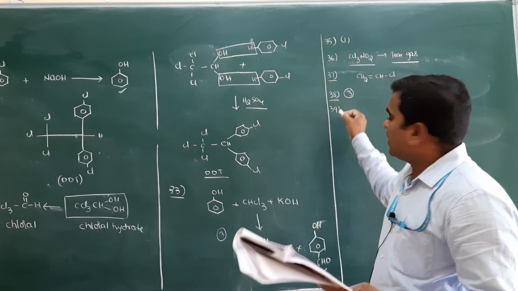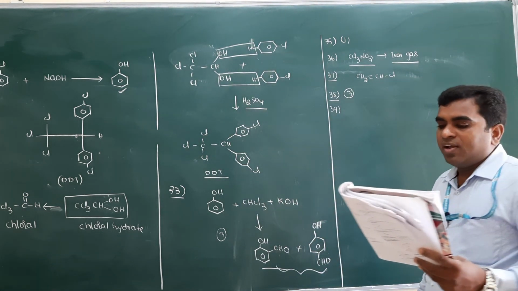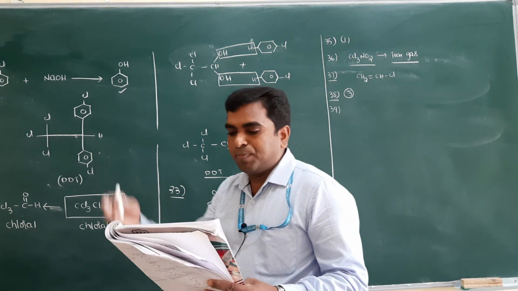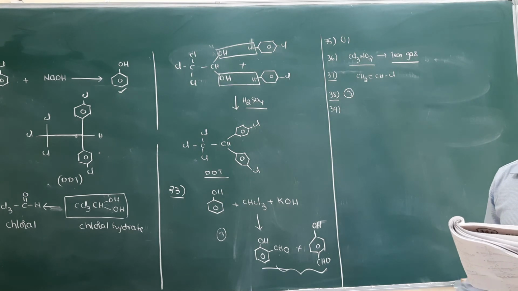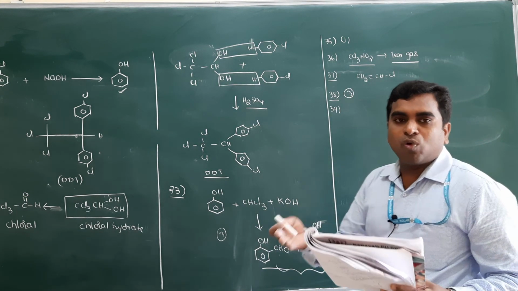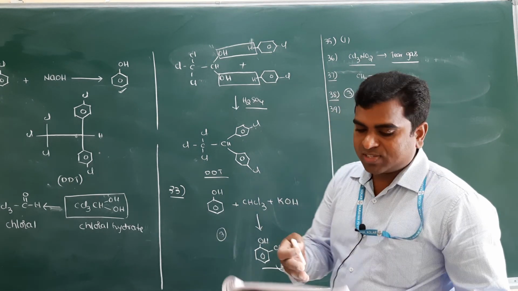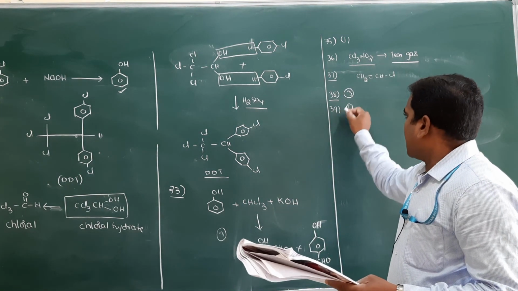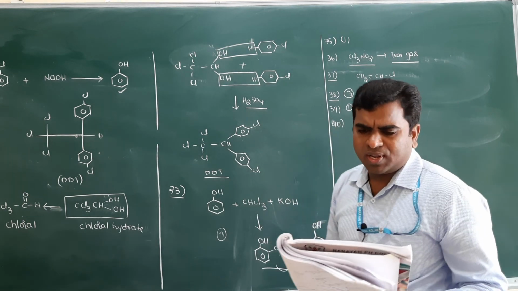So 38 is the third option. 39th, which of the following is known as a freon which is used as a refrigerant? Same as the previous question. Difluoromethanes and chlorofluoromethanes or ethanes we call freons. So option 1 is the correct one. Clear? All are theory part questions only here.